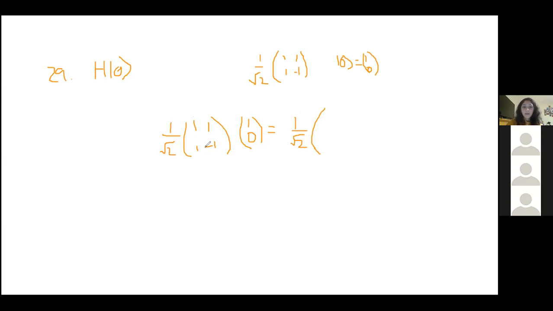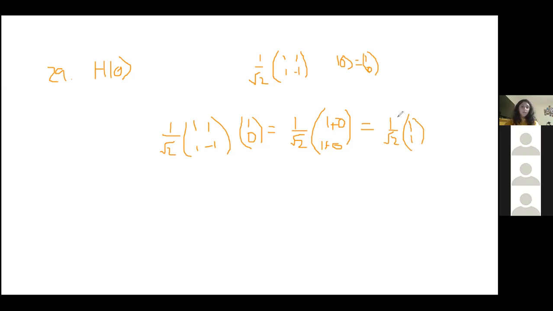So if you just forget we had these bottom elements, and if you just looked at the inner product of 1, 1 and 1, 0, how would we do that? Well, we just do 1 times 1, which is just 1, plus whatever is on the second element. 1 times 0 is 0, so that's just 0. So that just equals 1. And then we do the same thing for the bottom. So we've got 1 and 1, so 1 times 1 is 1, and then plus, again, we've got a 0, so that actually clears things up and makes it very nice for us. And we get 1 over root 2, 1, 1.